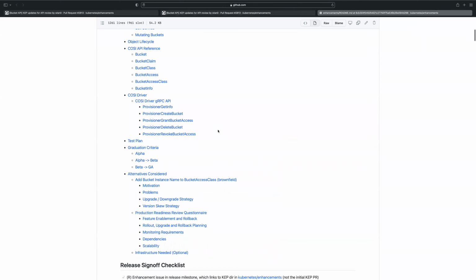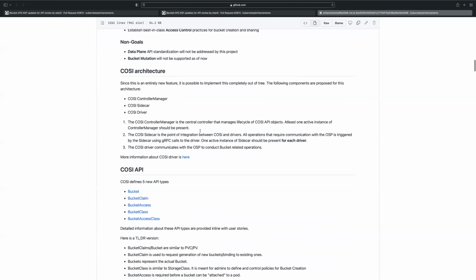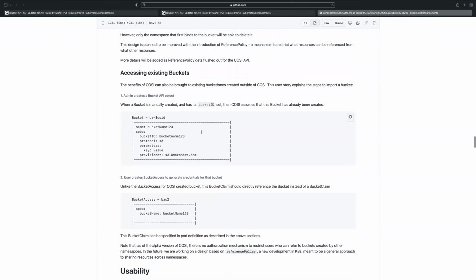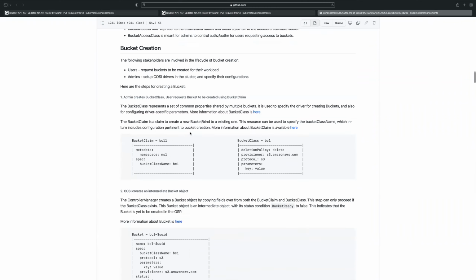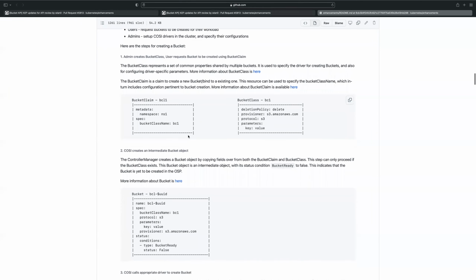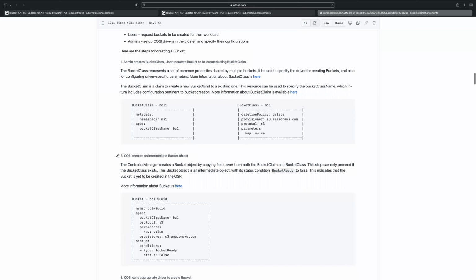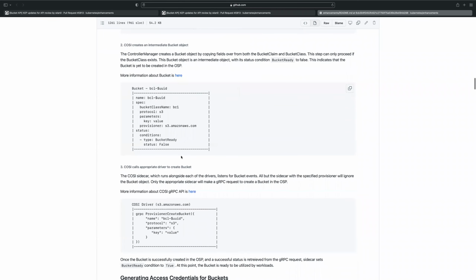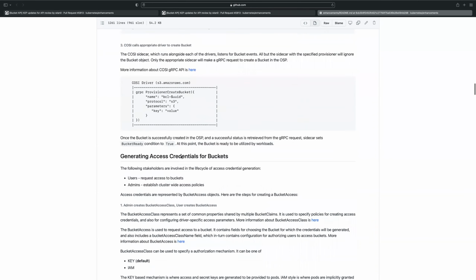The driver chooses the ID of the bucket, and then Cozy stores that ID and refers to it by the ID thereafter.